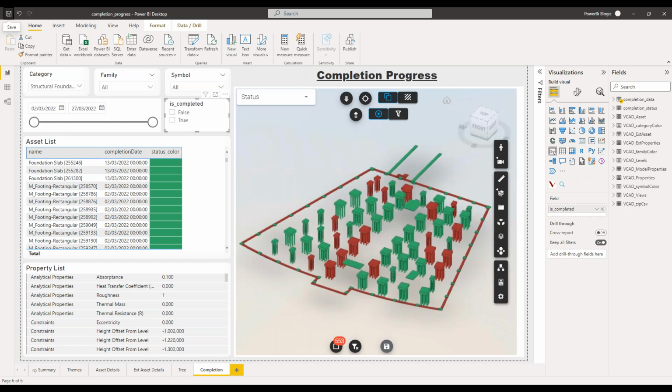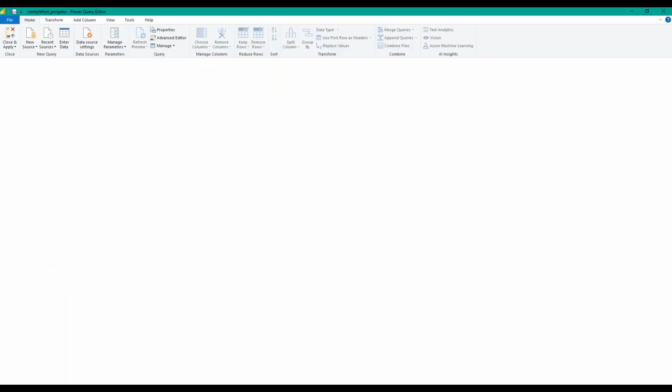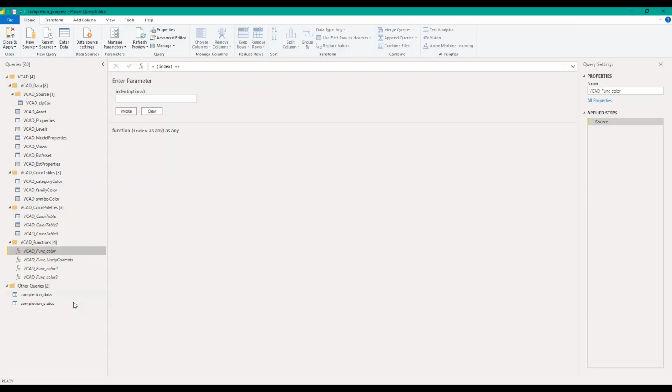And let's get back to what I was talking about before, which is adding some more information about the dates in which different items were completed. So let's head on over to the data transformation. Okay, and if we have a look at all the data sets we have available in our data transformation, we have a bunch of